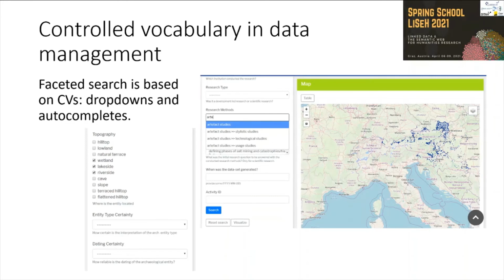And probably the most common example is the faceted search, when we filter objects in our database based on the control vocabulary values. This is the most common application of control vocabulary in information systems and data catalogs. I'm pretty sure each of us uses this type of search when searching for a book or article in a library catalog system.